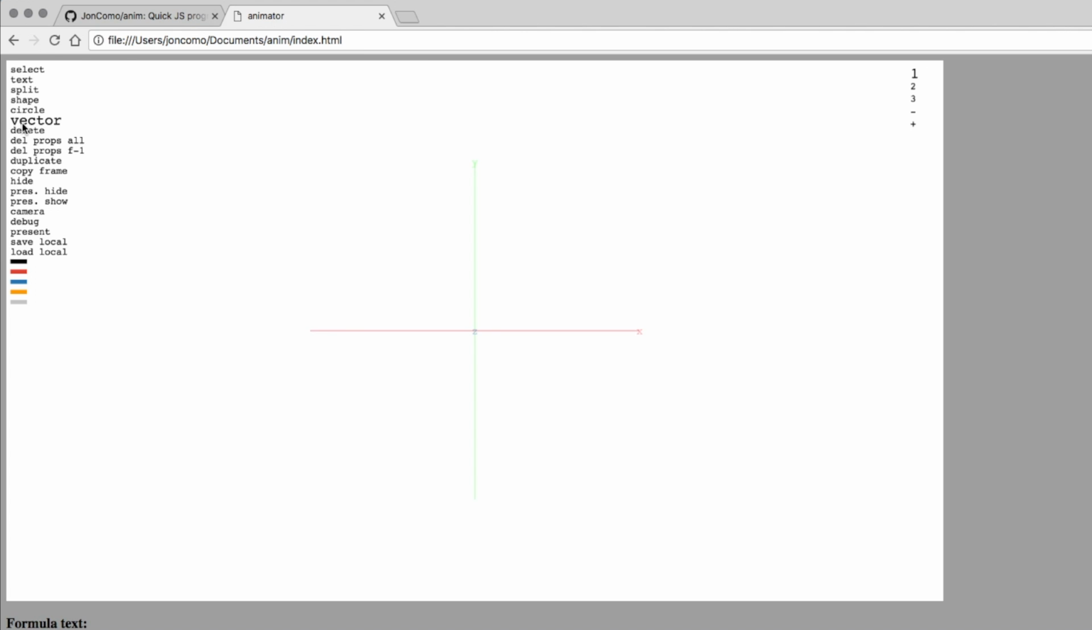You can make a vector, which is just like a line with an arrow on it. And you can animate that as well. So go into presentation mode and you can see you get a little animated vector. Delete that. You can make some circles and select them again using I, J, K, and L to scale them